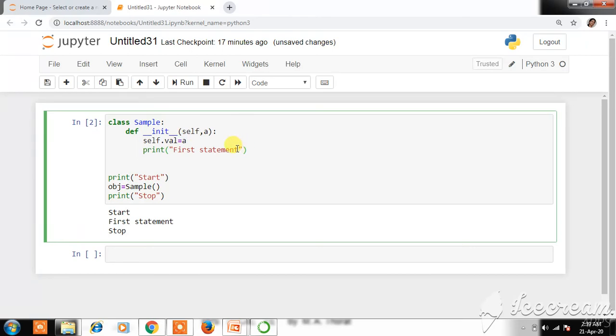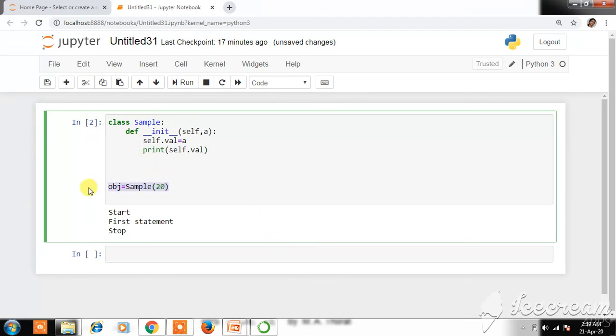The next line will simply display the value of that, so just write self.val. Here we'll remove this statement. As this init method takes one value as an input, we have to write that value during object creation. We'll write 20 here.